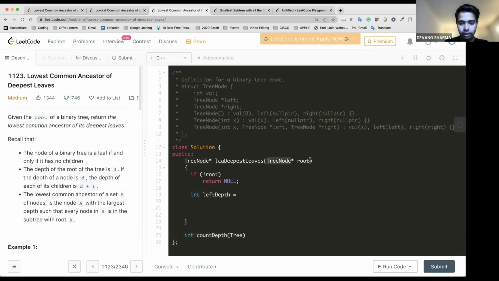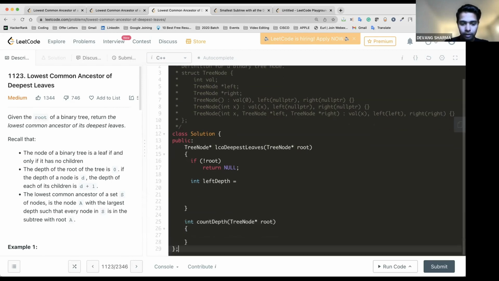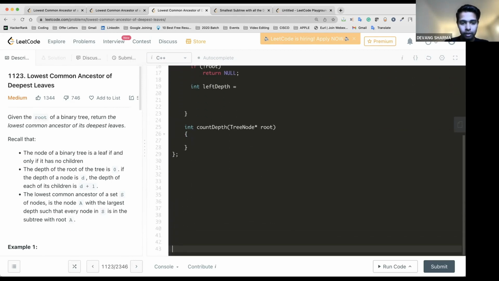It will contain TreeNode star root. So copy this. That's it. Only one argument is required: TreeNode star root. Come here. Okay, now what? If the root is not present, if not root, then you are returning 0 from there. Okay, else, if not depth,